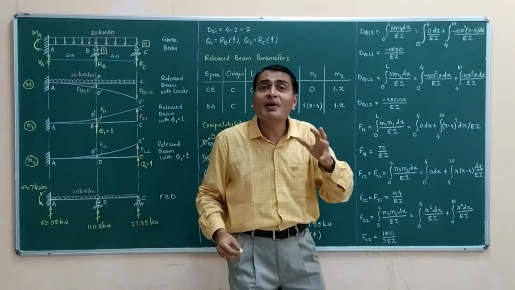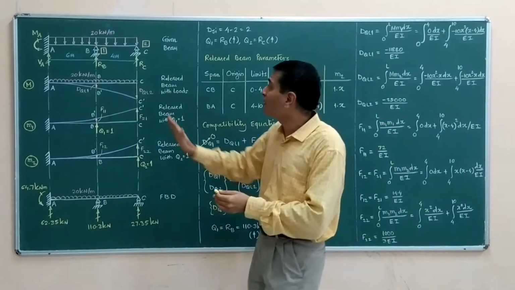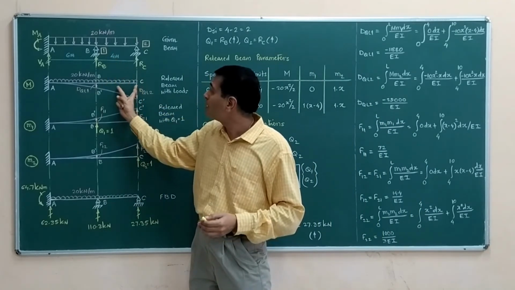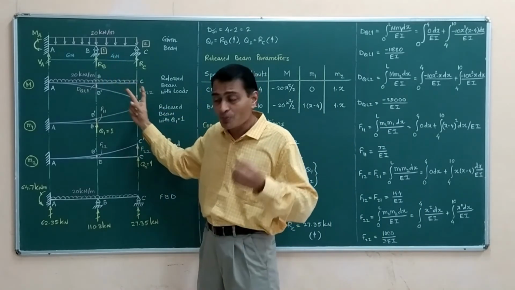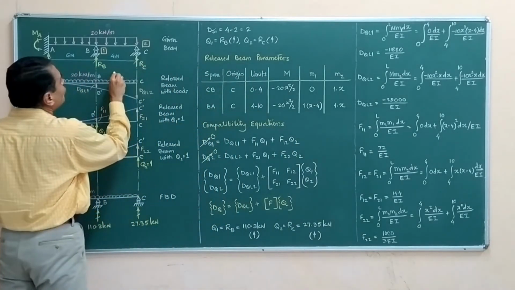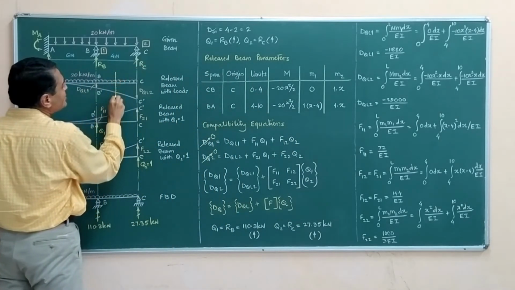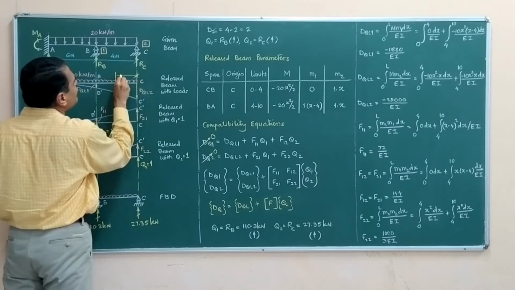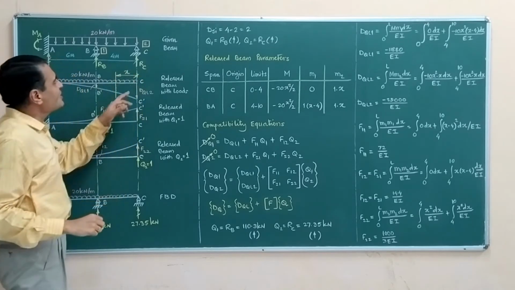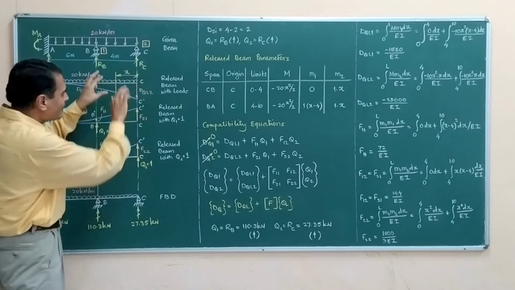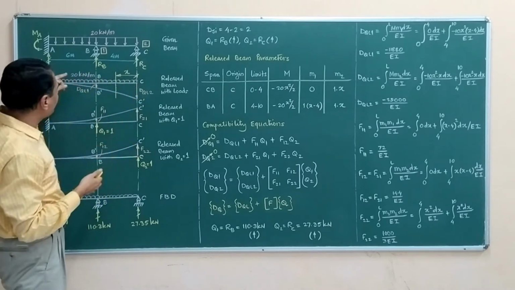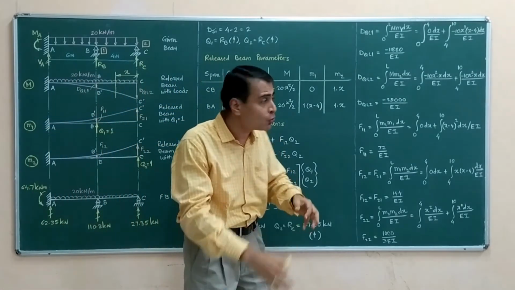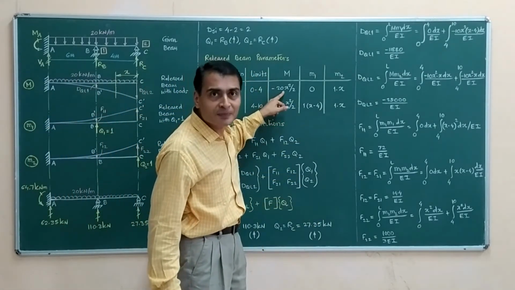And then I express bending moment at any arbitrary position between C point and B point. It is going to be 20 into x by 2. In case you are not following, I would like to show this is our section and this distance is x. And C is the origin. So my bending moment is going to be 20, which is the intensity, into x square by 2, hogging, so negative. That is what I have written.